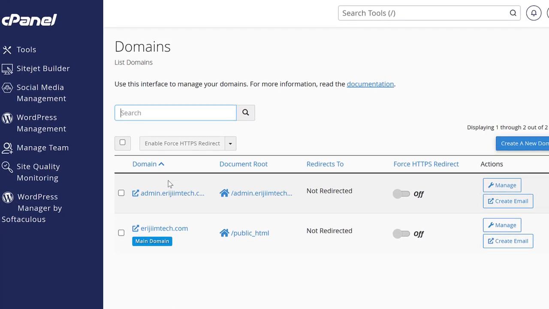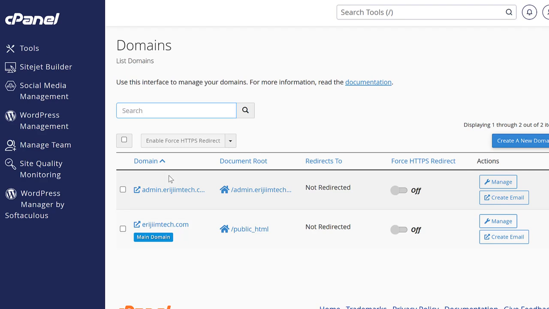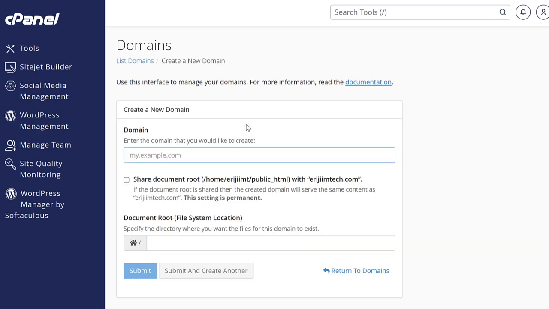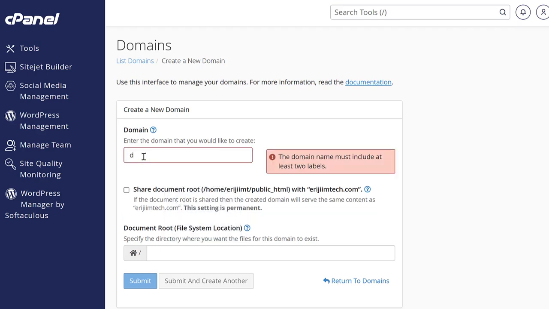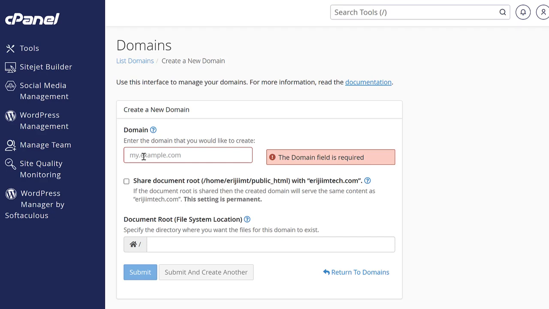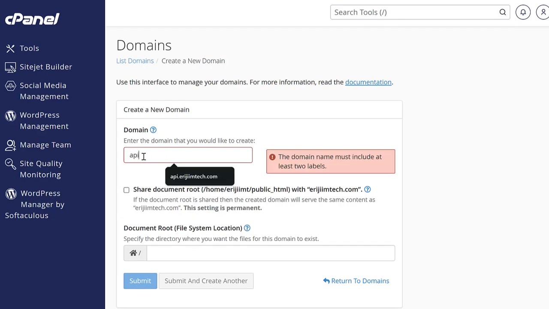So within the cPanel, the first thing that I am going to do is to ensure that I create a subdomain. So apparently there are already some other domains that do exist and also the subdomain. But for now, I can go ahead and create a new subdomain to act as a demo for this guide. So the subdomain is going to be, for example, API. Then actually it can be API demo. Then of